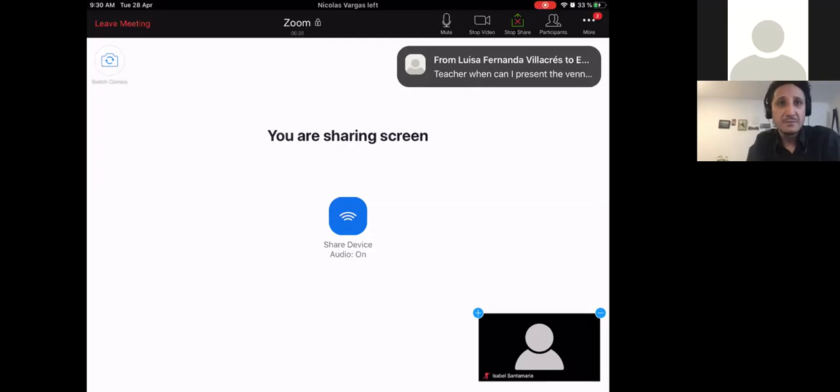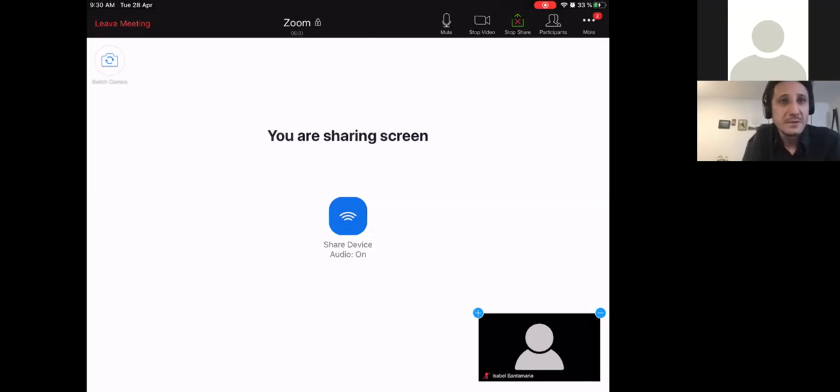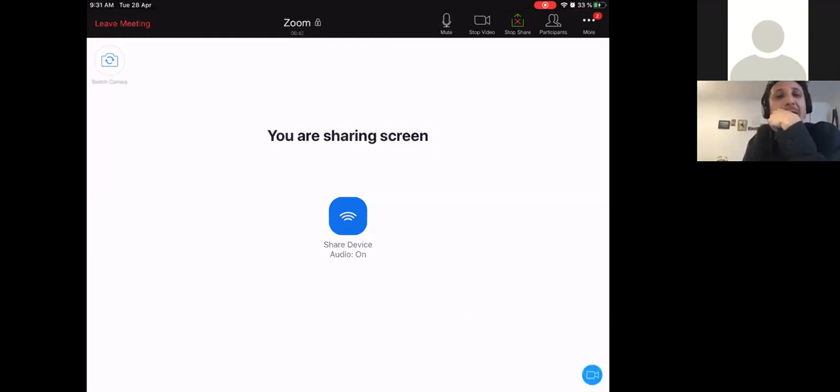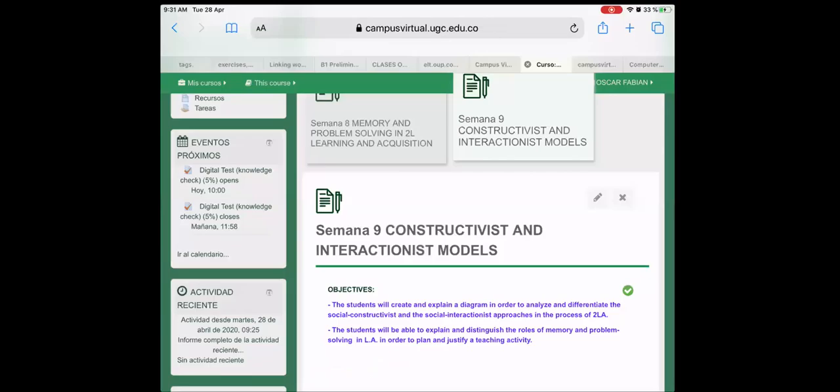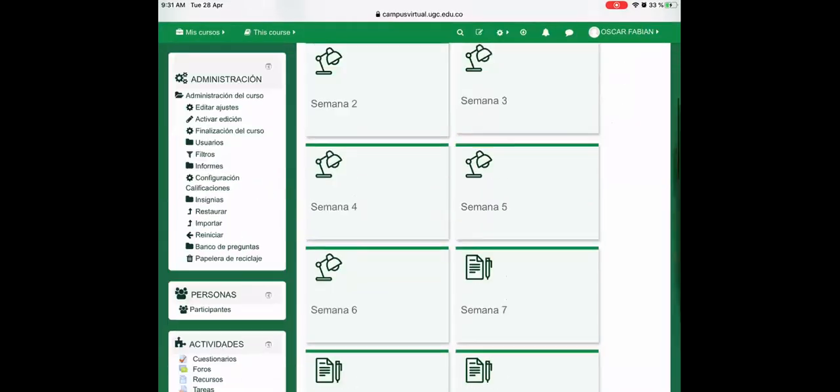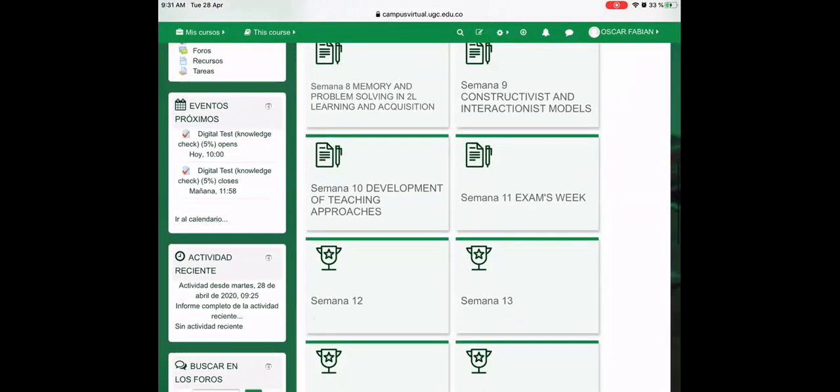The Venn diagram? Luis, no, but it's done. The Venn diagram is done. I don't know why. The explanation. No, Luisa, with the grade, it was like almost already. But Luisa, there was an exception, yeah. Don't worry, we can talk about it after my explanation. Because basically with the deliverable that you sent, I gave you a grade. Please, if somebody doesn't have the grade of the Venn diagram, let me know, because today is the day to clarify that. So I was showing you here in our Moodle, in week number 9,